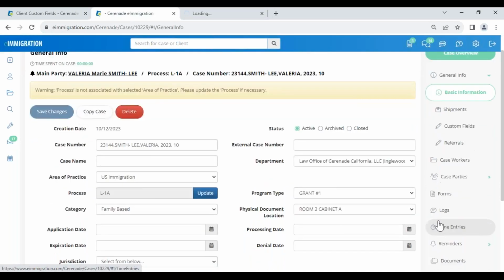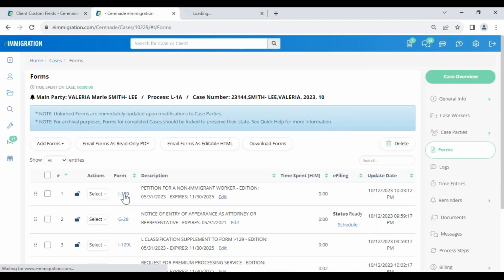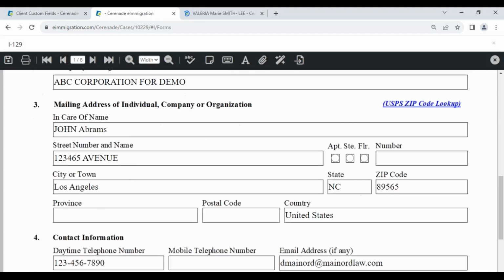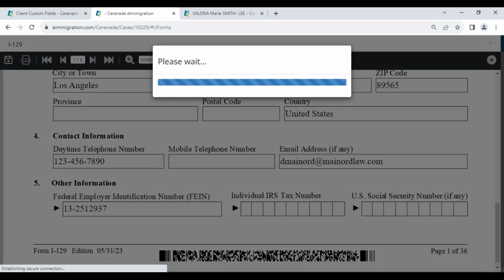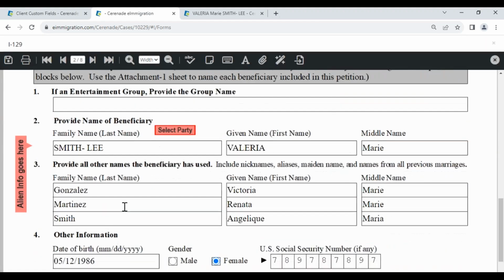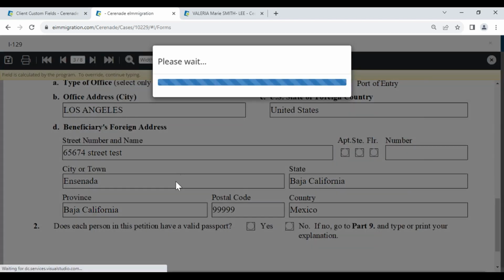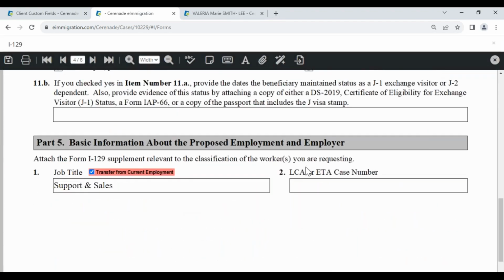Go to the forms. I'm going to open the form. And this is a form that I want to review because there's a question, I think, on page 3. Just bear with me. I know I saw it. Okay, here we go. Page 4 of the I-129. And it says, attach the form supplement relevant to classification of the work you're requesting. So this is the basic info about the proposed employment and employer, and we need their LCA or ETA case